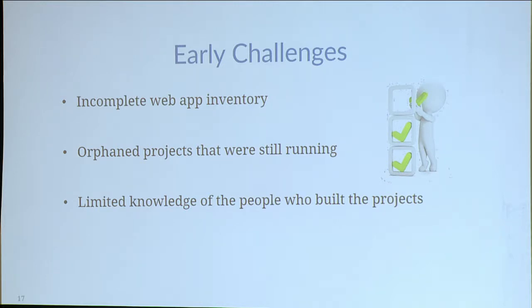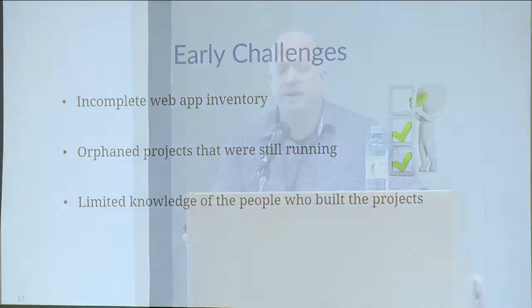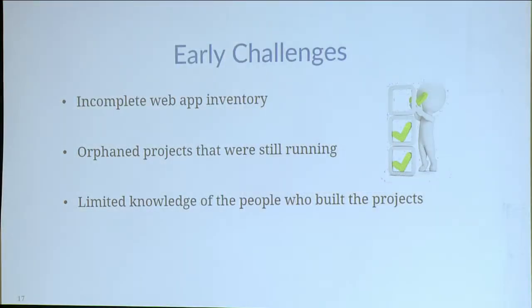Now this is common, especially for research places. They may get some funding, and that funding is like, okay, here's a project, here's the deliverable, and you're done, and they move on, like some grant money. And here's this project running since the Civil War. And it looks like people, according to the Apache logs, are using it, but we're not sure. We don't know how critical it is, and all these people are gone. Oh, and by the way, there's a huge vulnerability that was discovered on it. So that was a common thing as well.